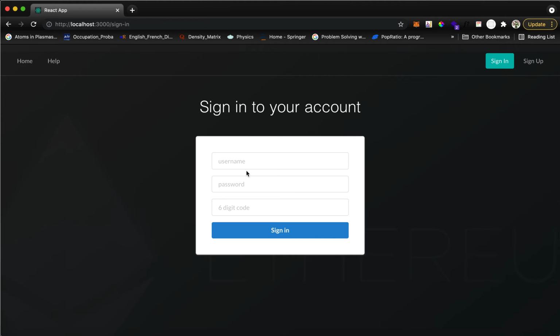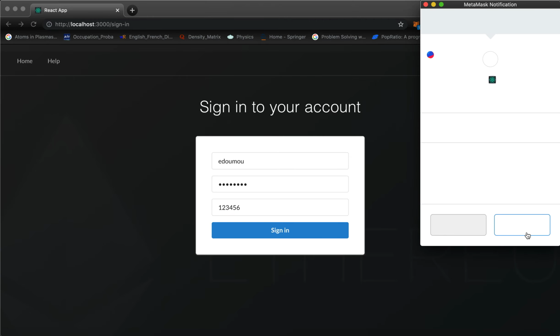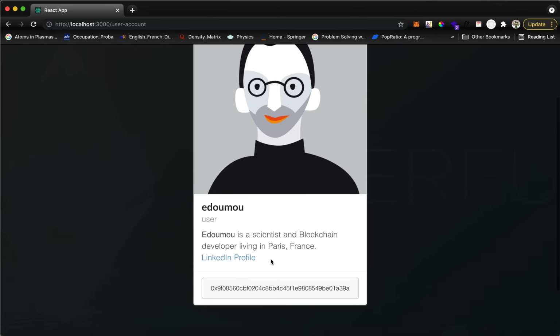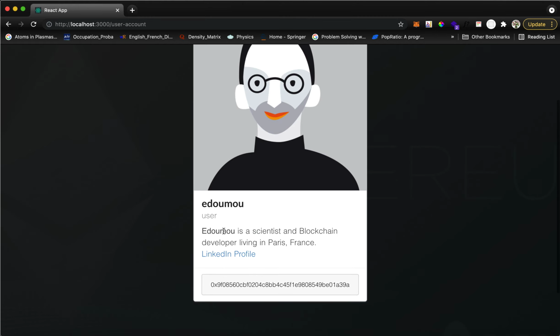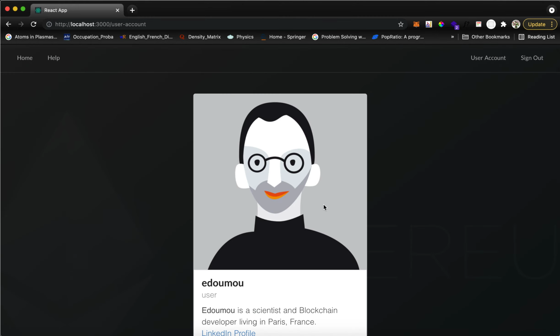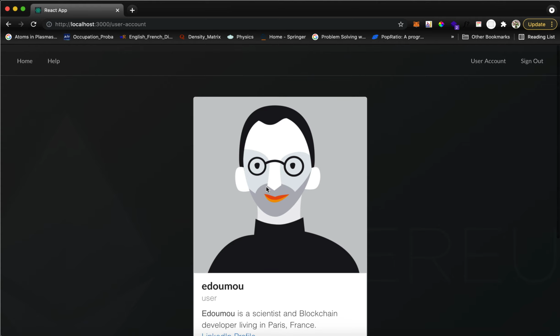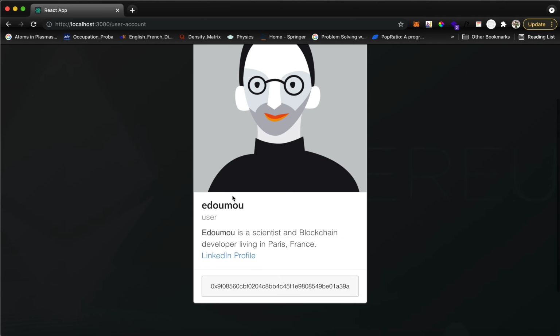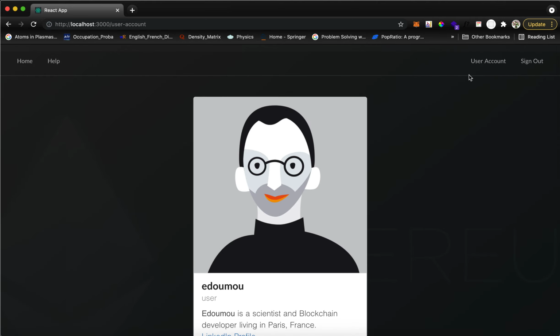So let's click, for example, sign in or log in and put in the information. Yes, now as you can see, we are connected back to this user account.